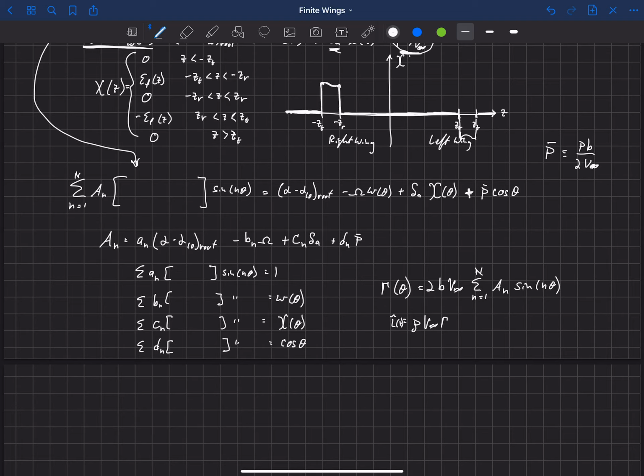So that gives us a lift distribution on the wing, and that now includes the effects of any aileron deflection. It includes the effects of the aileron design, where those start and stop. Also their effectiveness, this section flap effectiveness, epsilon f. It also includes any effects of rolling rate, and like before, it also includes planform and washout effects.